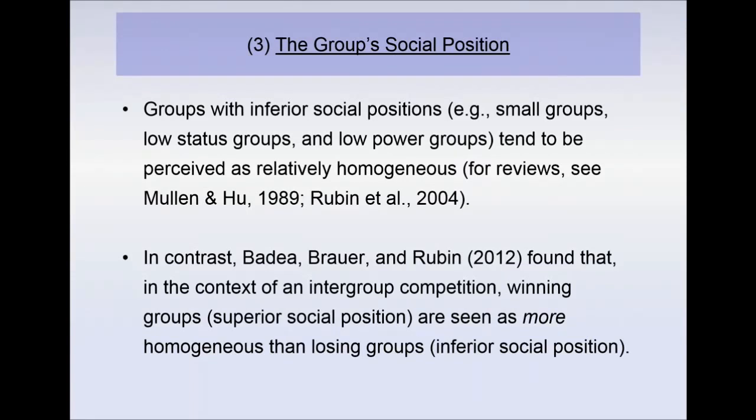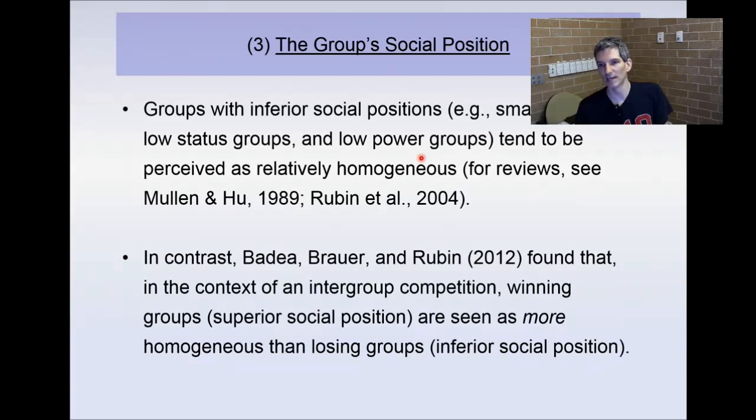It may also be due to cognitive effects that relate to differences in the salience of the groups that are involved. So small groups, low status groups, even low power groups in some cases, these tend to be the groups that we notice because they're unusual, they're out of the ordinary. If you see a member of a minority group, that person sticks out. And so they become more salient to you. Because they become more salient to you, that can trigger these homogeneity effects to occur.